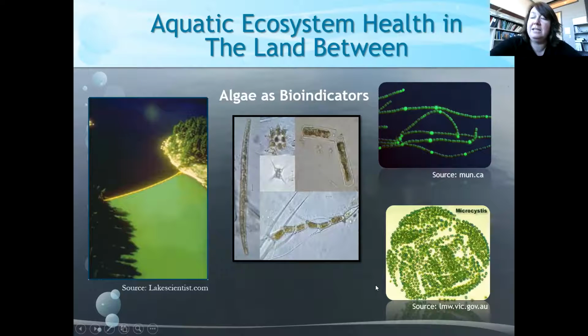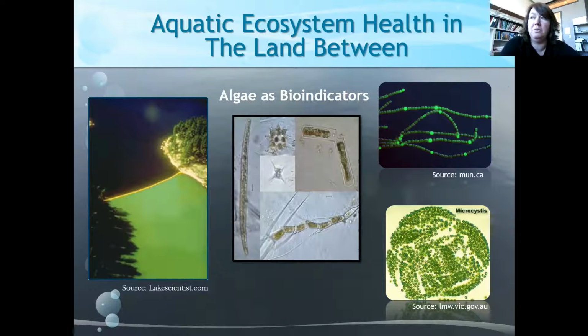But the additional thing that's of concern is this algae actually produces toxins. So toxins are chemicals that, if ingested, can make you really sick. The toxins that microcystis produce can harm our livers. And there are other toxins that can be produced that can harm our brains. So that's another reason why we don't want a lake to look like this, because we don't want it to produce toxic algae.